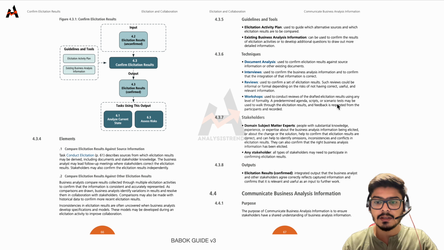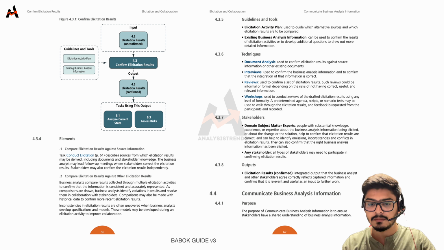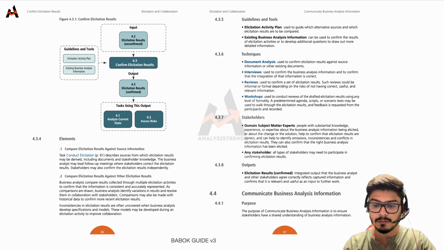Now, the reason we have this particular chapter after elicitation, and after conducting and confirming elicitation, is that at this stage we have already communicated the information. This chapter is mainly focusing on the change. Whatever changes you are making or whatever initiative you are taking needs to be correctly and properly informed to all the stakeholders, and to a specific stakeholder as well, based on the information you're sharing.